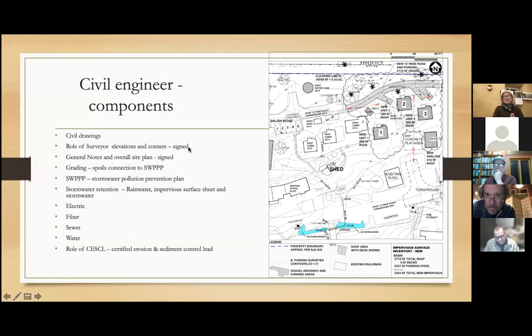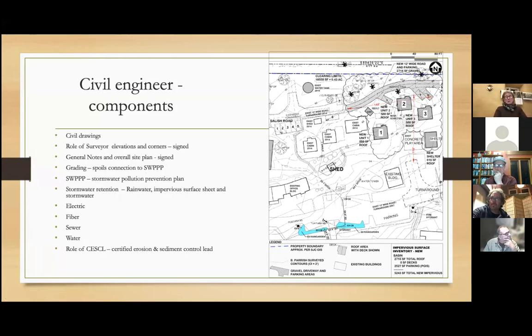We talked about this in the beginning, that when you take on a job, make sure that whether it's the survey, the architect's design, the engineers, whoever it is, that they've actually put their signature and the date on the set that you are using. We also will focus on grading and what to do with what are called spoils, which is, really